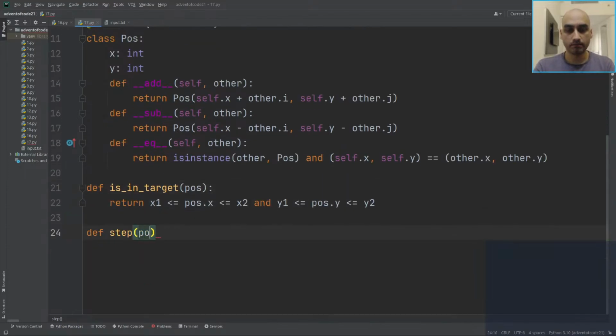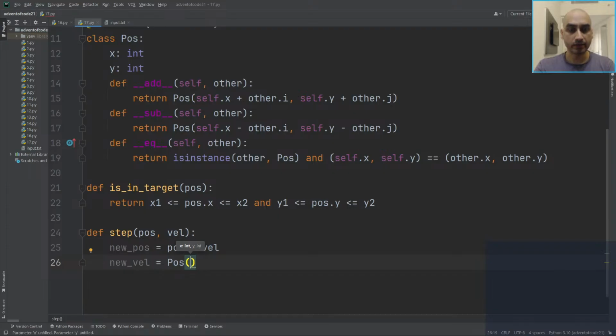Given a pos and a vel, the next pos will just be pos plus vel. And new vel equals